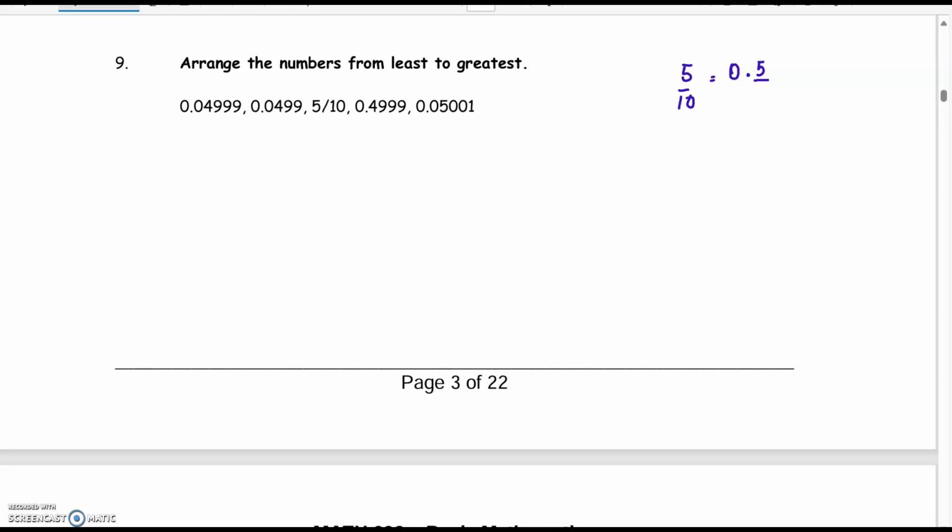So if you look at the first decimal place value of each of these numbers, they're all less than 5. So 0.5 would be the largest number. Now let's look at, so that's done. That's the largest number. Now let's look at this number,